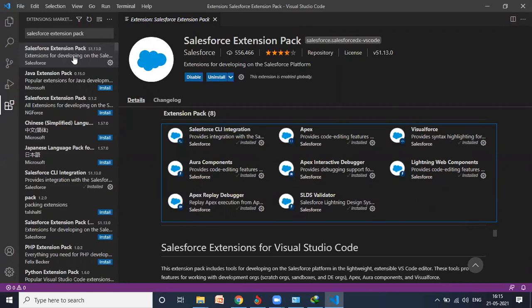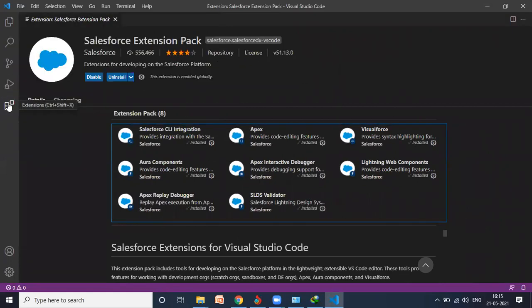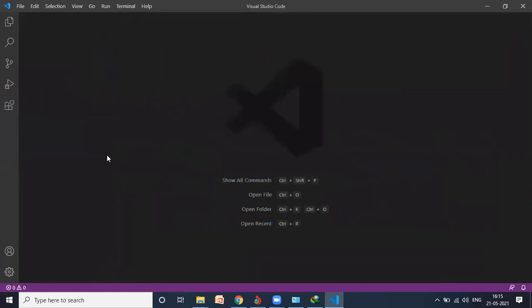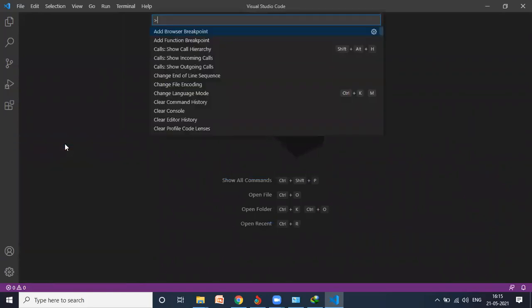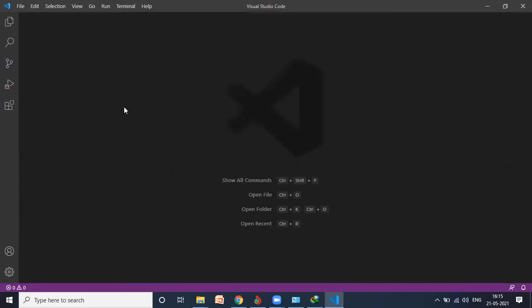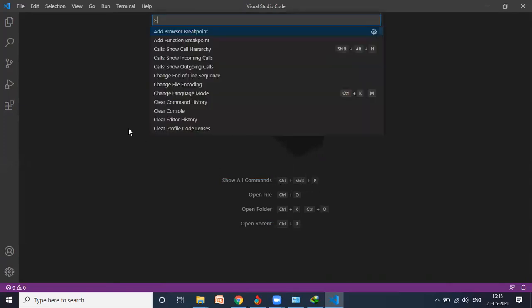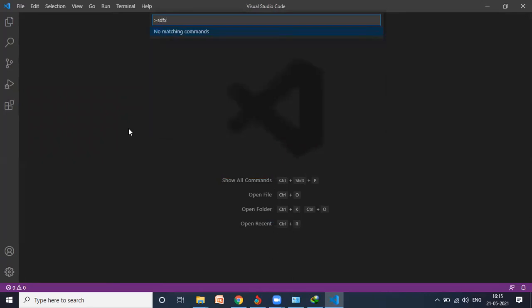So now our duty is to check whether it's working properly or not. You can do two things. You can go here and click on command palette. There is a shortcut for that as well. You need to type Control Shift P, as they mentioned here, and after that type SFDX colon.